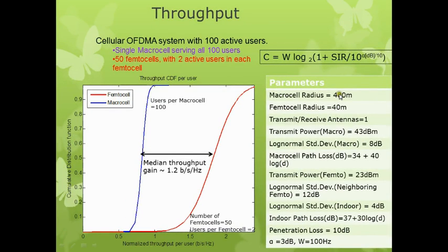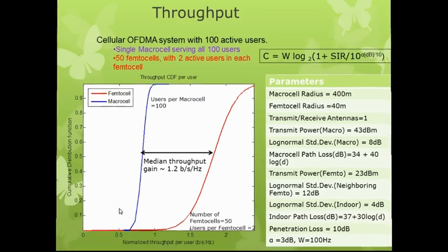Throughput can be calculated using this equation with various signal to interference ratios. When these parameters are totally incorporated, we can find that for a cellular OFDMA system with, supposing, 100 active users and a single macro cell serving all 100 users, we actually need 50 femtocells with 2 active users in each femtocell. Then this simulation shown here